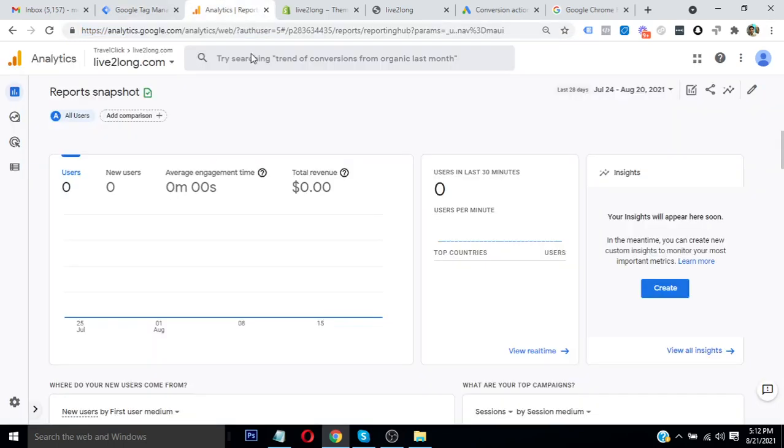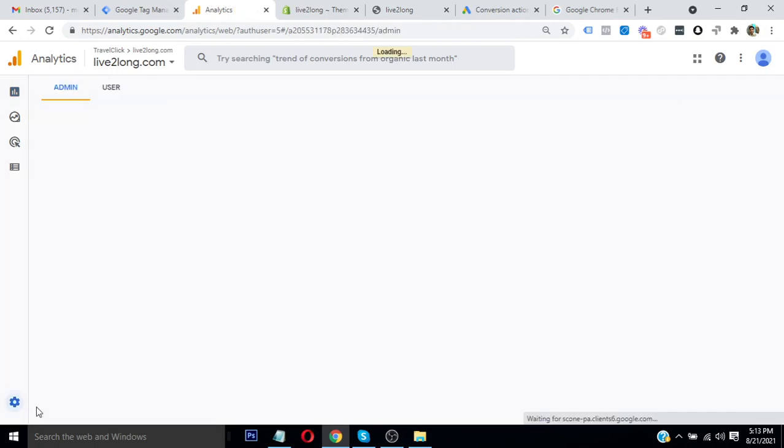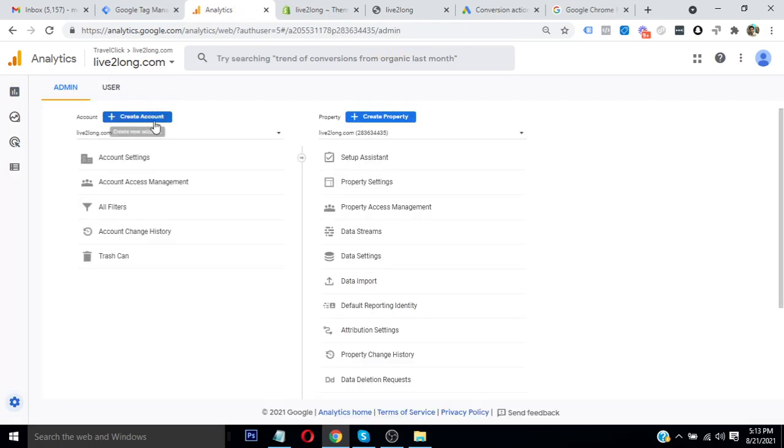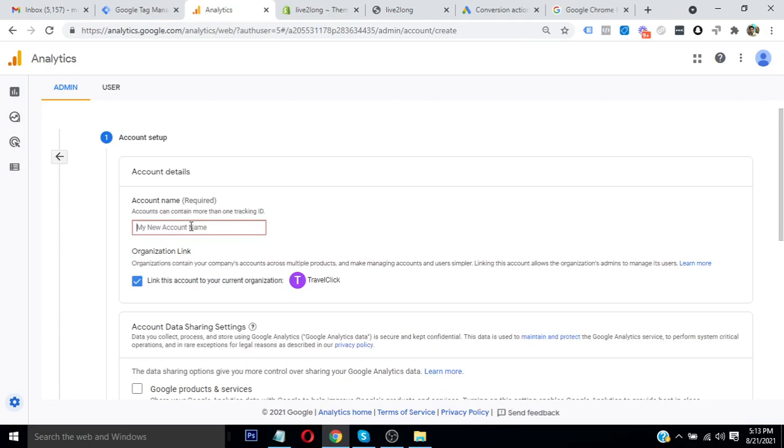First of all, we have to log into your Google Analytics account, and from the bottom left corner you can see an admin section. We need to click on that admin section, and once we click on that, we will get an option to create an account. So we just need to click on create an account, and we need to add the name of the website.